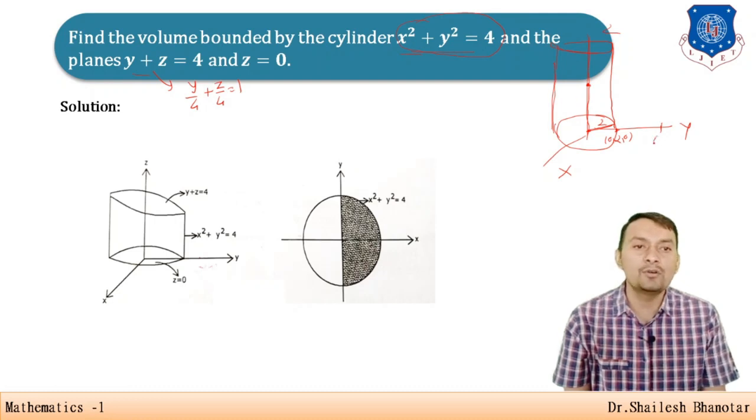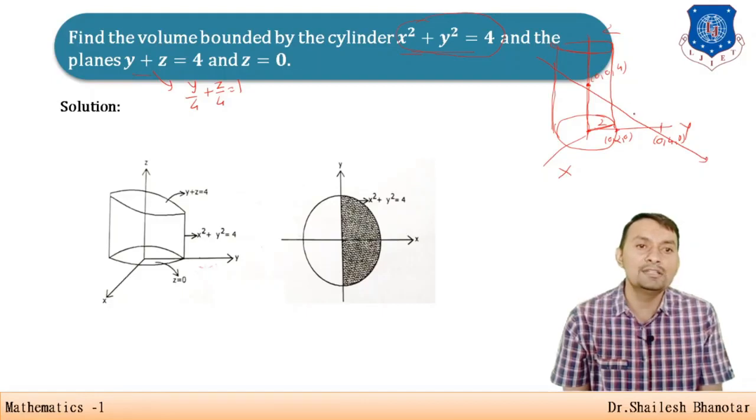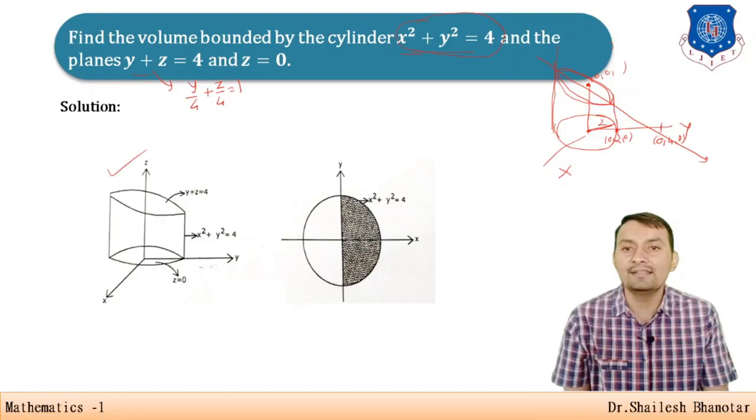So the x intercept is 4, 0, 0. The y distance, this is the radius 2, so I have to assume the double of that, so I can say 0, 4, 0, and z divided by 4 is there, so the z intercept is only 4. So I can say, approximately, I assume that it is 0, 0, 4. Therefore if I draw the plane passing through these points, now I am going to remove the upper part, whatever we have mentioned. So this is our figure that is given.